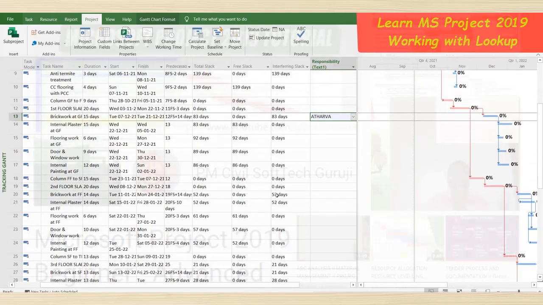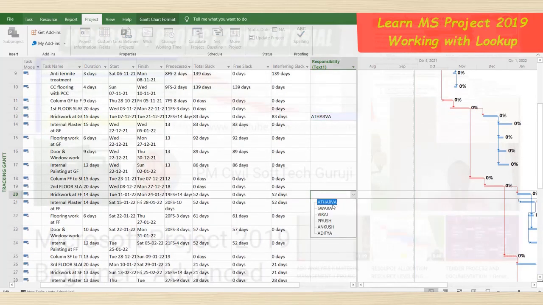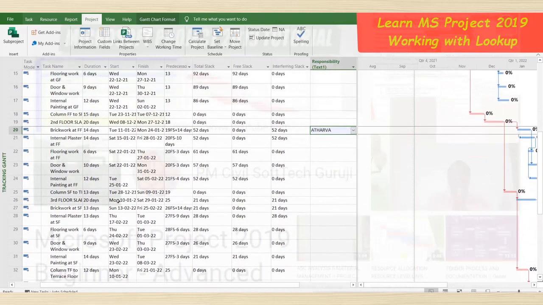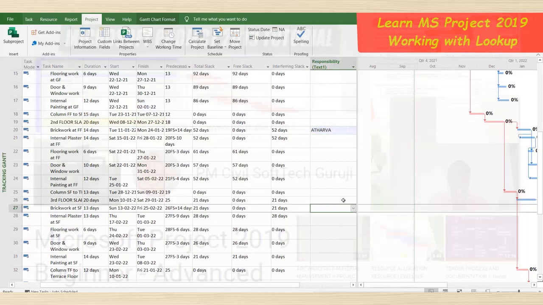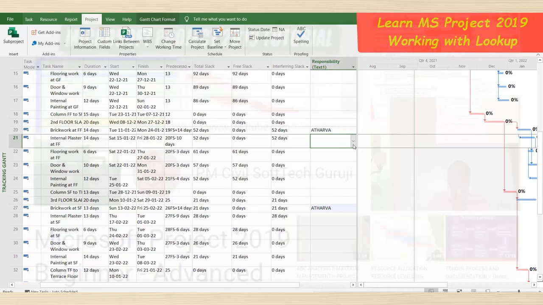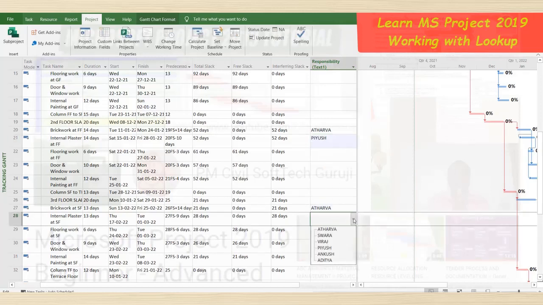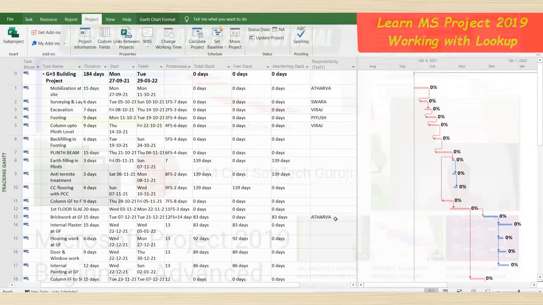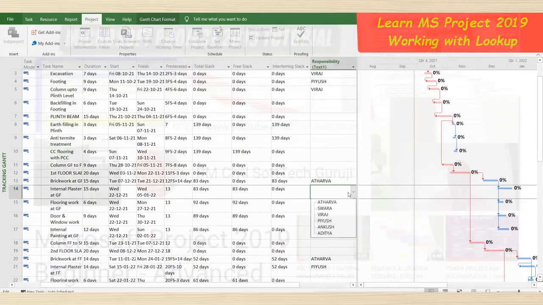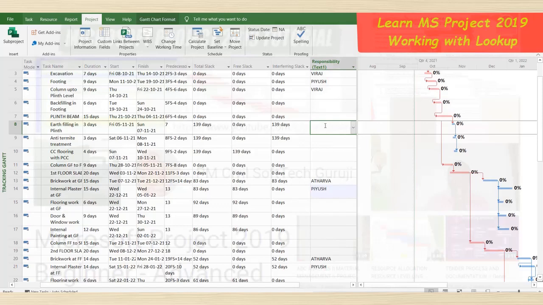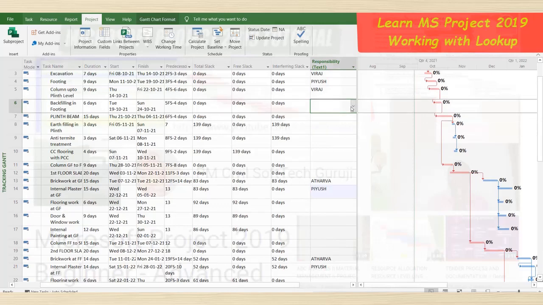Again brickwork, internal plaster, select the name. This is the use of responsibility.